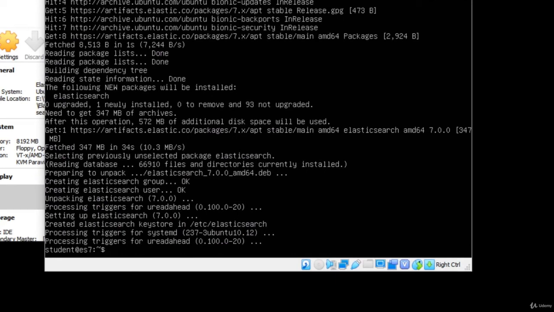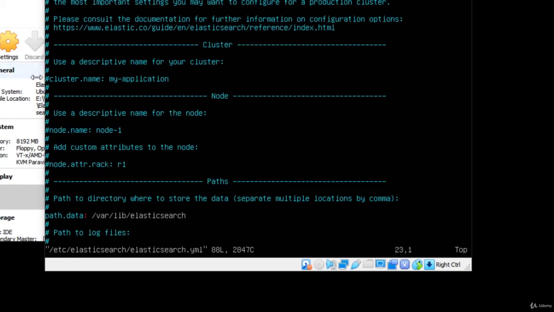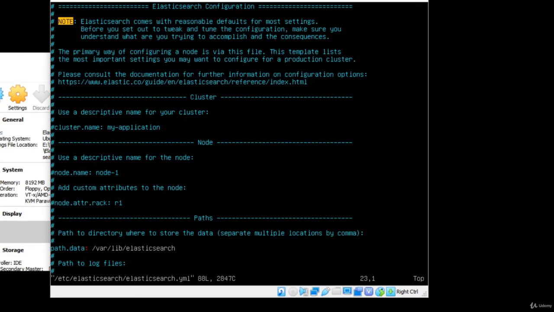That appears to have worked, so now that we've installed Elasticsearch, we need to configure it. To do that, we'll say sudo vi /etc/elasticsearch/elasticsearch.yml. So we need to make the following changes. Go ahead and use the arrow key to move down to where it says node.name. And move over to the N in node and hit the I key to enter insert mode in the vi editor, and then backspace to get rid of that comment, thereby naming our node node-1. Very creative. And we'll keep scrolling down.